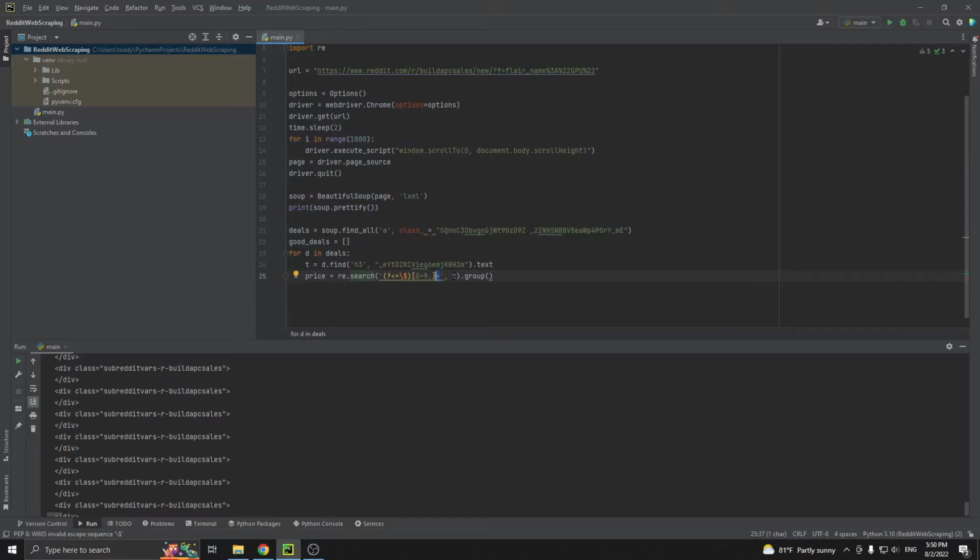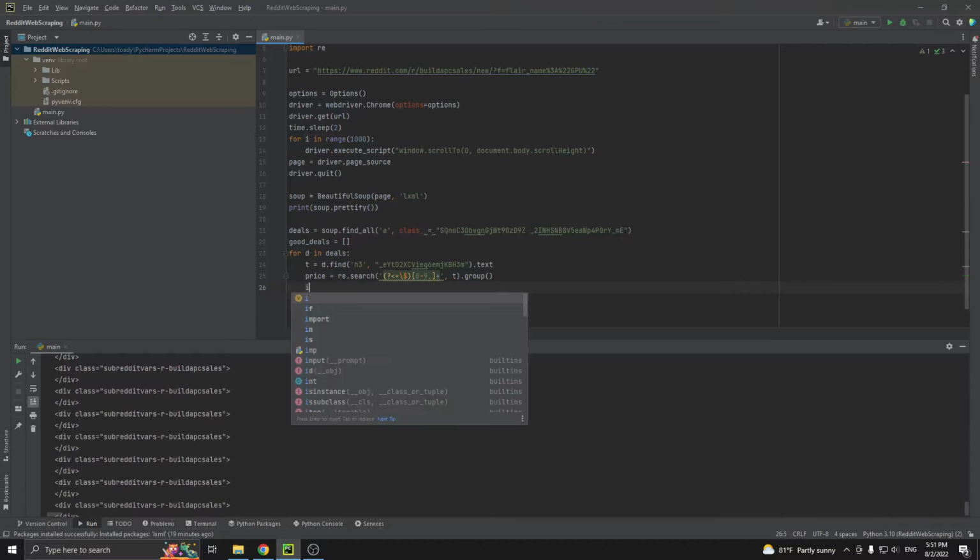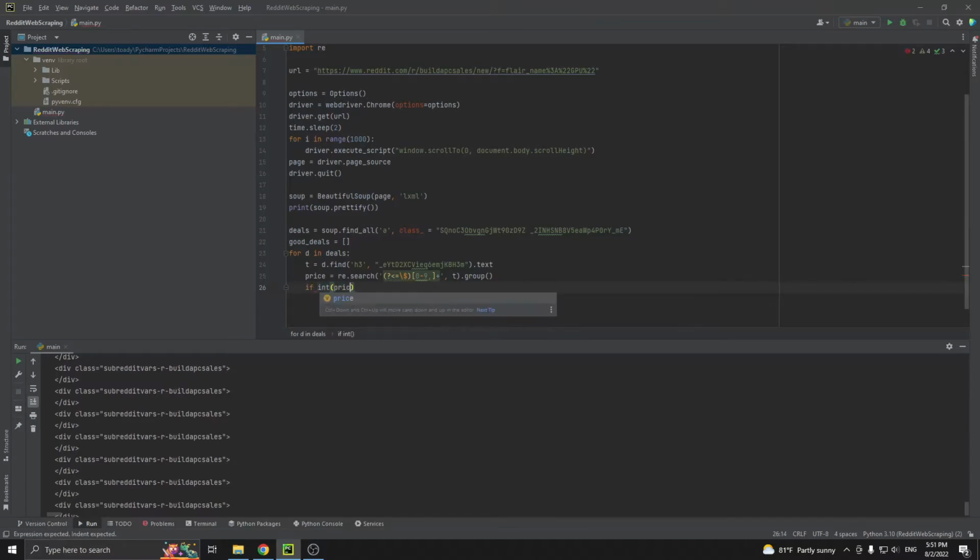Then you just need to provide the string, which is just t, and this will actually return a match object. So you also need a .group at the end, which turns it into a string. Then we just need an if statement to check if the post matches what you're looking for. Like I said earlier, we're looking for AMD GPUs under 500. So price is currently a string, so just cast it to an int, int(price). And we have to get rid of any potential commas in it, so just add a .replace